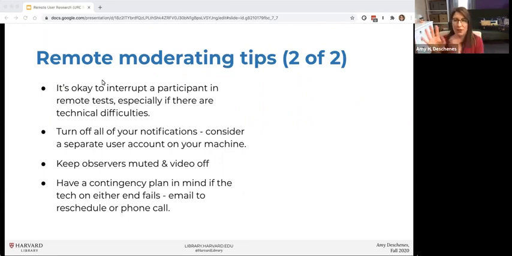If you just see the black box with a name, or just a screenshot of a person, it's not as distracting as seeing another person moving around, capturing what's going on. So I think it's a better move to keep the video off and observers muted. Of course, at the end, maybe invite observers to ask questions, or they could put questions in the chat. But I think it's a better idea just to keep the video off for observers.